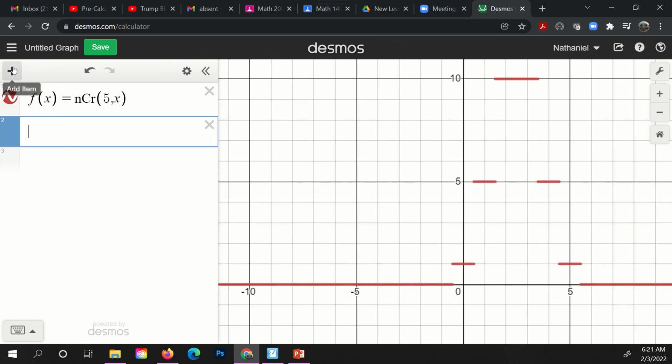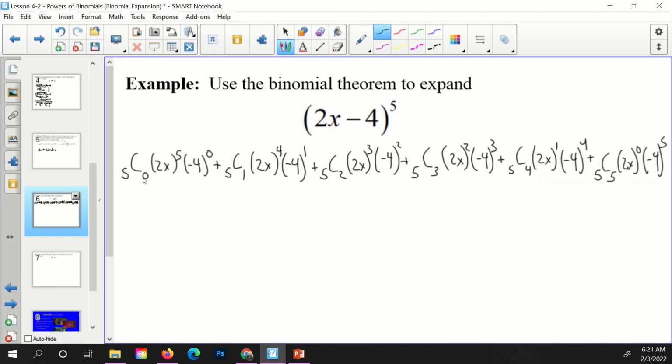And so we're going to add a table, and we're going to make this y1 f of x1. And so what it'll do is anytime I plug a number in for x1, it'll plug it into this x here. So since we're counting 0, 1, 2, 3, 4, 5,